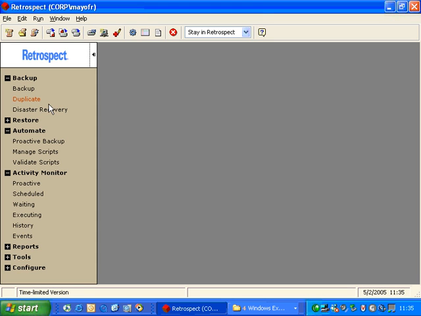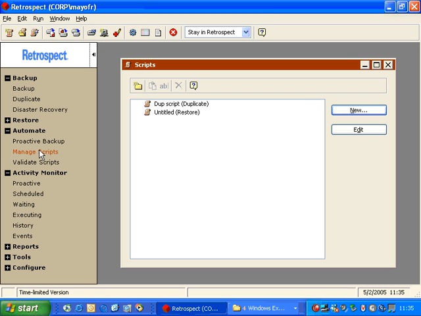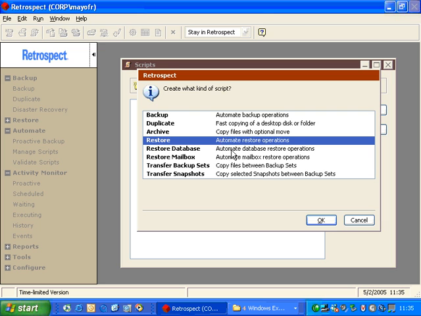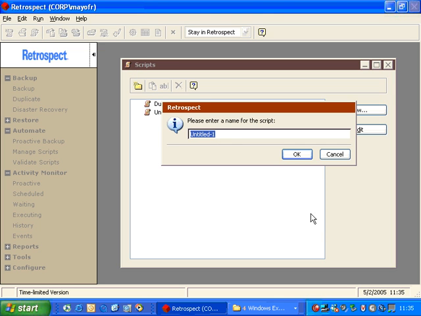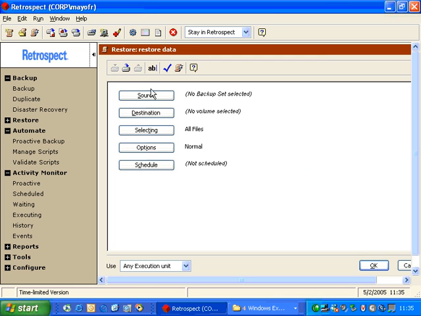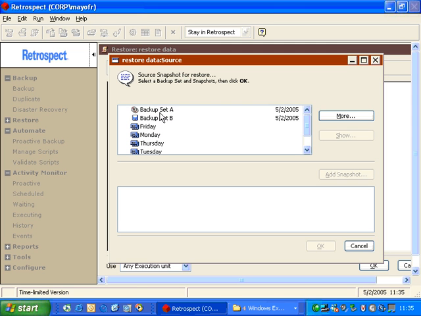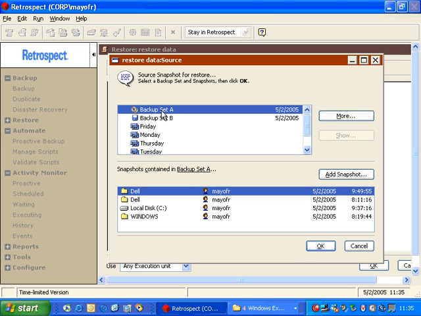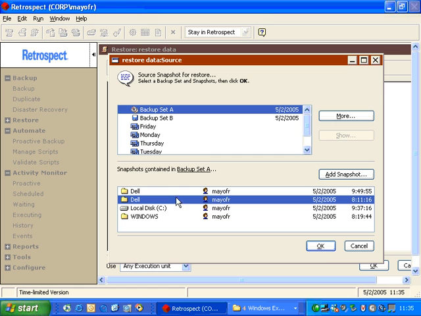In addition to automating backups and duplicates, Retrospect will also allow you to automate the restore of your data. So you can click on Manage Scripts, click on New, and choose Restore. Then you click OK, and you give your restore script a name, and you go to your source, which is very similar to something we've seen previously. You choose your backup set at the top, you choose the snapshot that contains the files you want to recover,